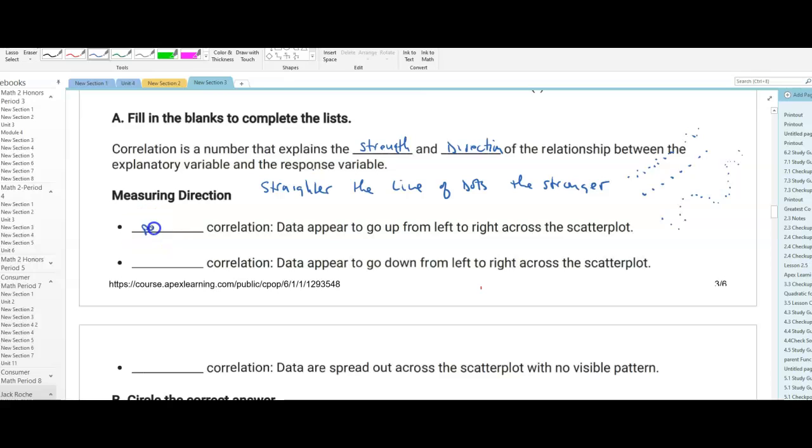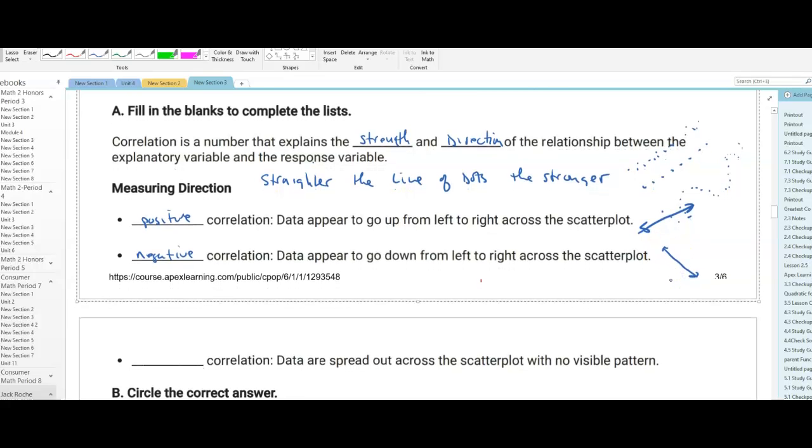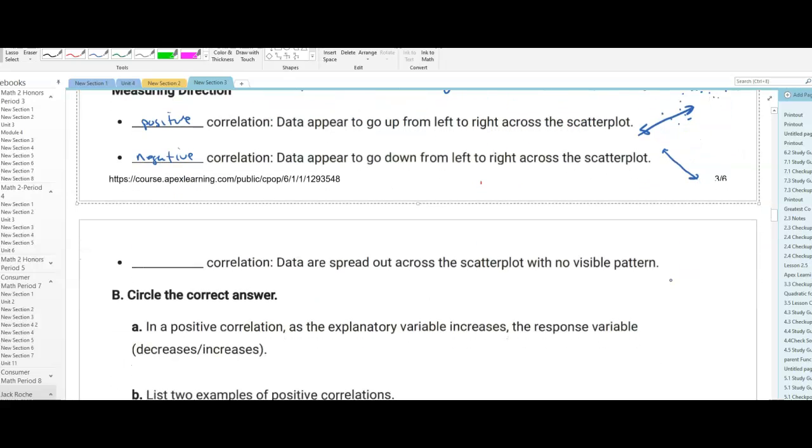Now, a positive correlation is data that appears to go up from left to right. So this would be a positive correlation. A negative correlation is when your data goes down from left to right. Okay, if there is no correlation, right, data are spread out across the scatter plot with no visible pattern. So there's basically nothing you can say,